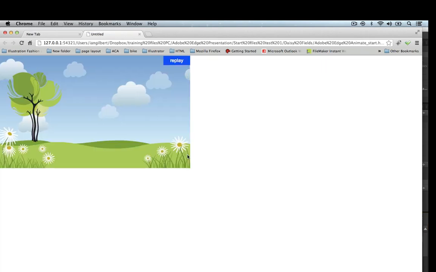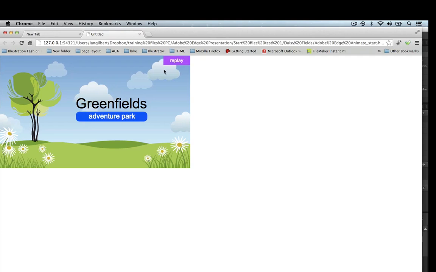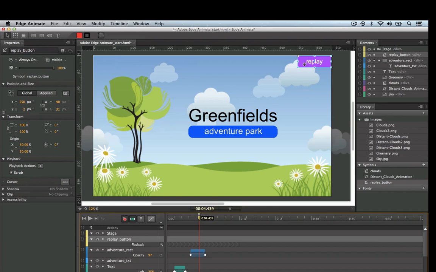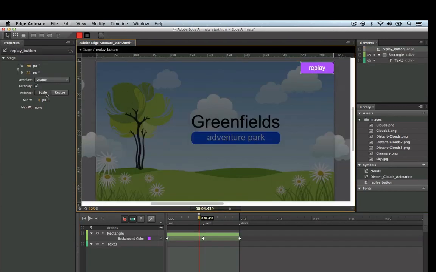Let me just preview. Okay, and you can actually see the button changing color. Not what we want. So I'm going to come back into the button, double click on it, and I'm going to turn off autoplay. So I want it to interact only when the user uses their mouse. So now that we've got the visual appearance of the button set up,